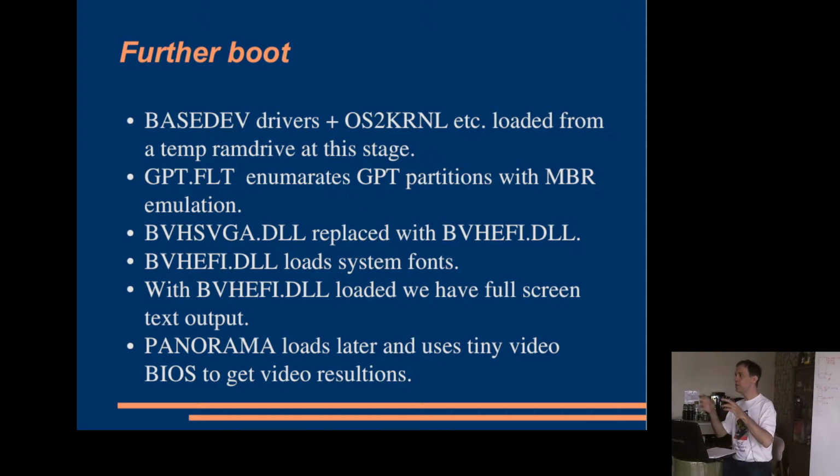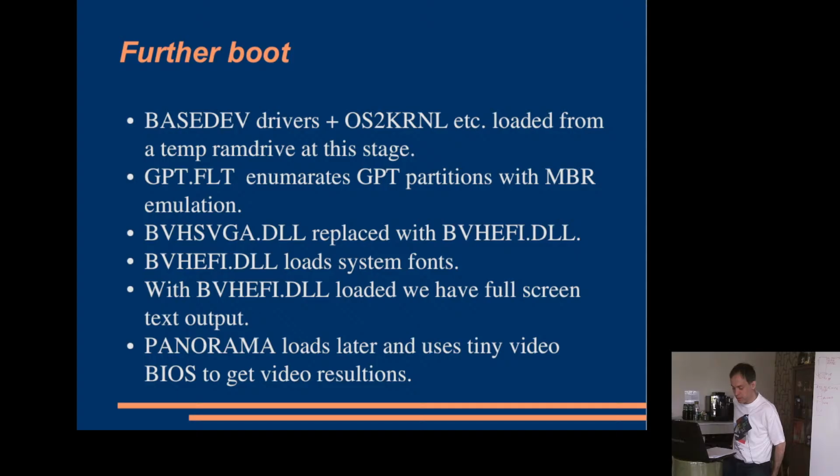But that's the key file that is loaded very early on in the kernel, and this makes the kernel give text mode output, and it's able to load the PM shell so that you can get graphics. So we now have a new driver. BVH EFI DLL is a mandatory element. If it's missing, the system will try to load BVH VGA. It will break all output to the screen. Even if a VGA card still works, you will never see PM shell.